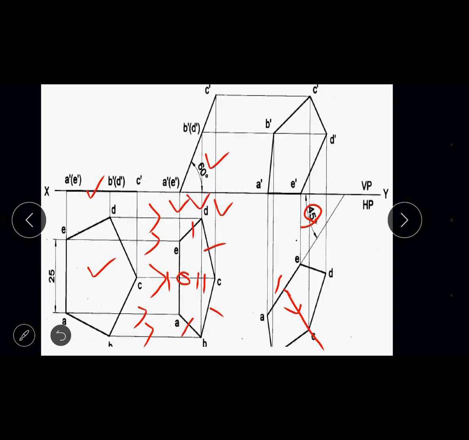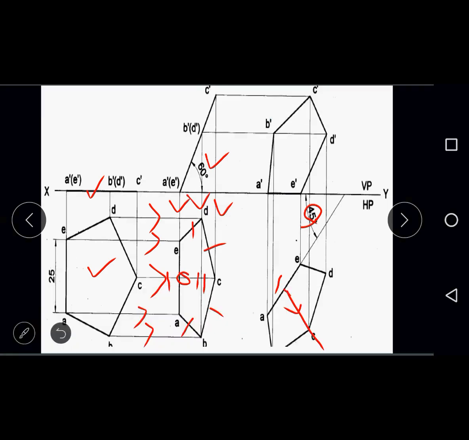Then from position 1, keep the center point of your protractor and align the line of the protractor along the line of AE, with the center point placed on position 1. Consider a 90-degree line of some dimension. After that, measure the dimension of the median of the lamina, that is 1 to C. You get it in the second figure, top view. That 1 to C is called the median. Measure that and mark this 1 to C. In this way you got one corner of the pentagon, that is corner C. Then after that it is easy to get corner D and corner B.